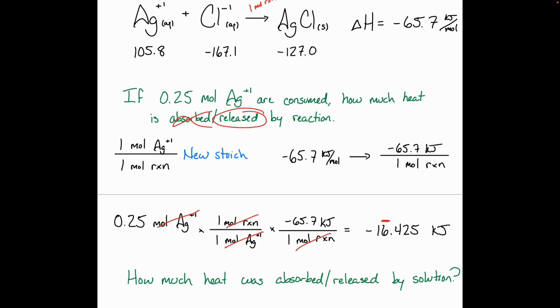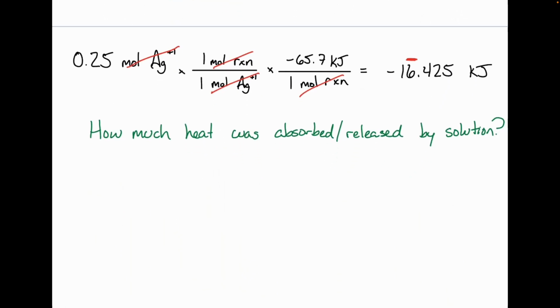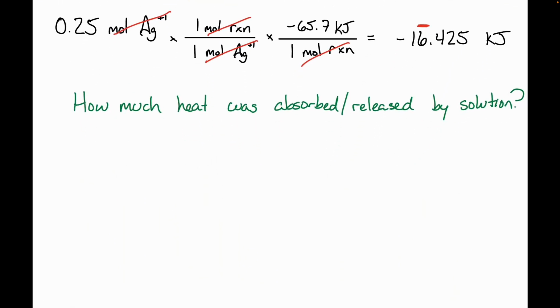In a solution. How did I create this aqueous solution? Water. In fact, there's way more water molecules floating around than there are silver ions or chloride ions, right? A solution is vast majority water molecules, right? All right, so first of all, how much heat was absorbed or released by our solution? We got to use that conservation principle. The fact that however much heat is absorbed or released by our reaction plus that of our solution, they have to equal 0.